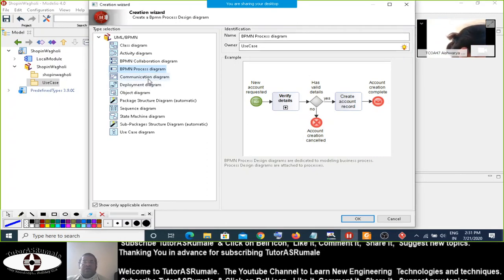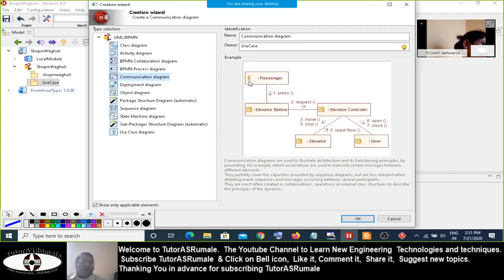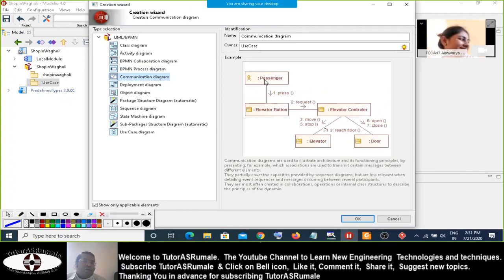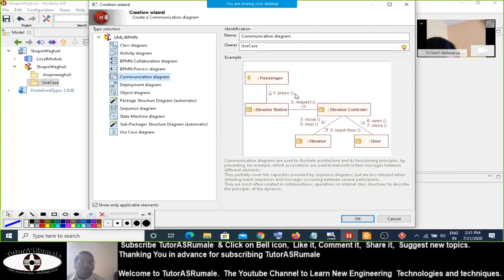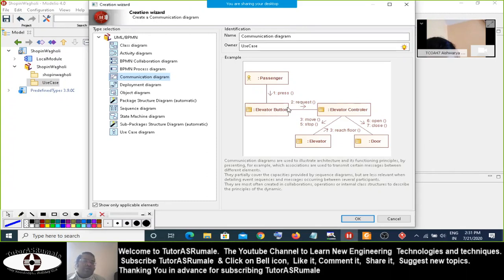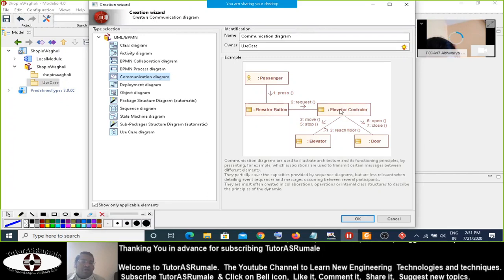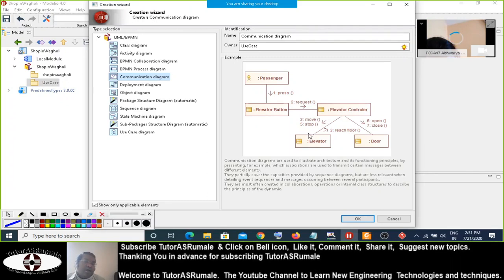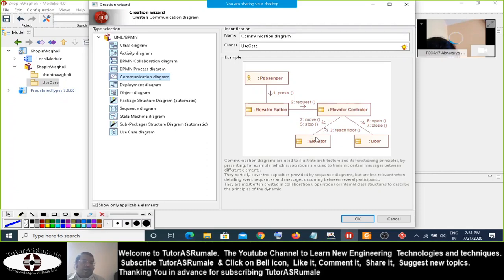Then you have the communication diagram. The communication diagram shows that the actor is an object of type passenger. He presses a button, the elevator button. When the elevator button is pressed, the request is sent to the elevator controller. The elevator controller sends a move command to the elevator.